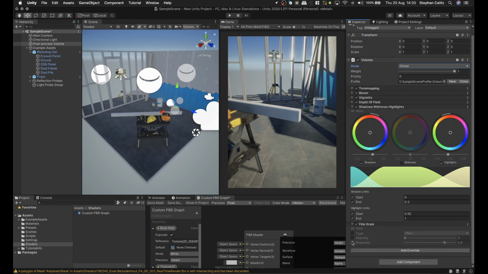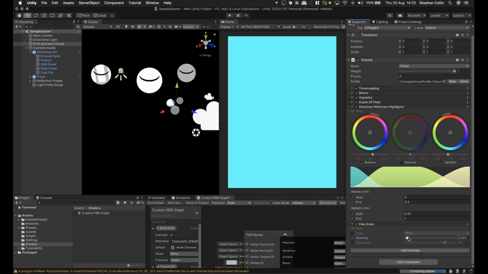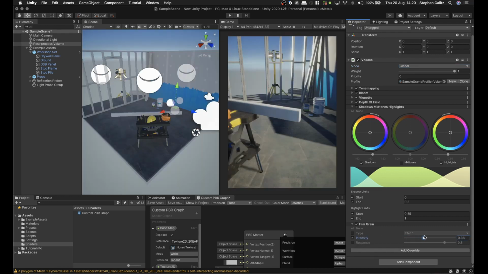So you want to make sure that you only use the values that you absolutely require. Like intensity would definitely be one of those. Let's see, grain would definitely need that as well. Starting to see it a little bit here, but